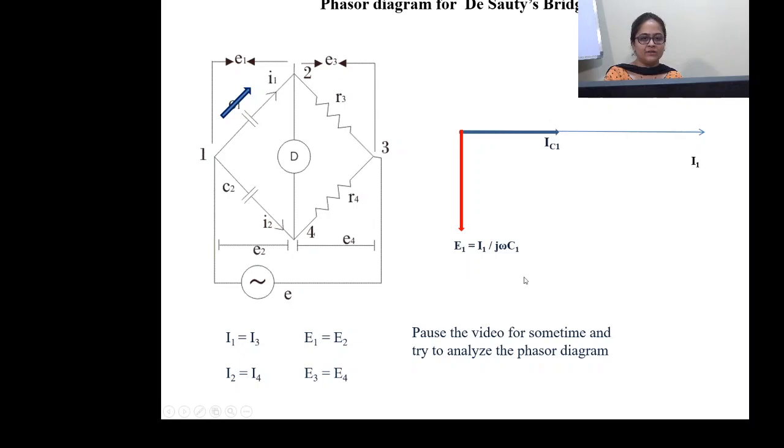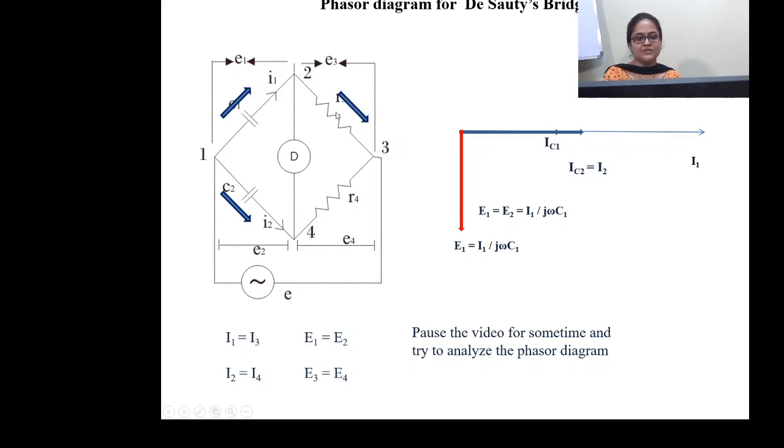This is nothing but E1. We know that E1 is equal to E2. Okay, let us go for C2, that is E1 equals to E2, again I upon j omega C2. We can denote it by the same phase, or you can draw some another phase over here. Anything will do. Okay, when voltage phase is known to us, by default current phase will be leading. So drawn on the same phase, denoted by IC2 or equal to I2. So we have E1 equals to E2 over here.